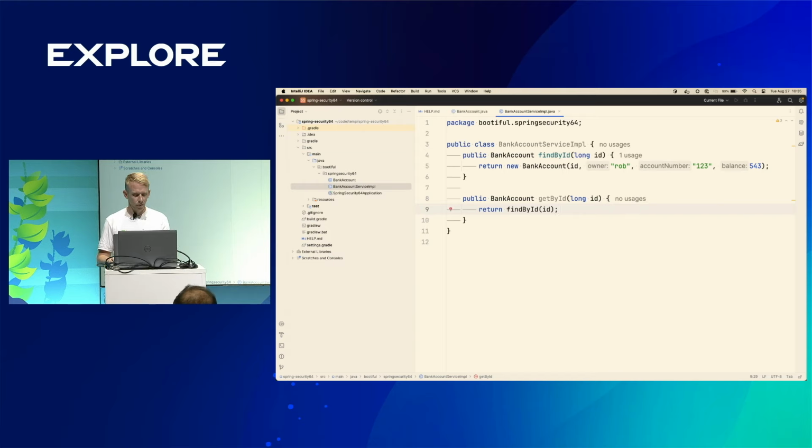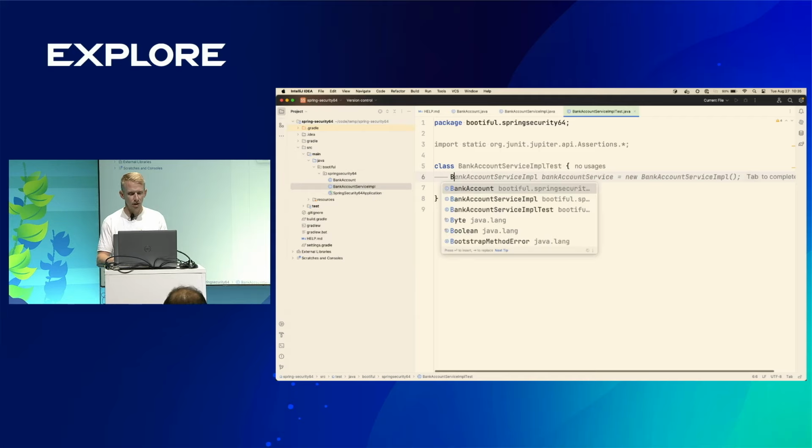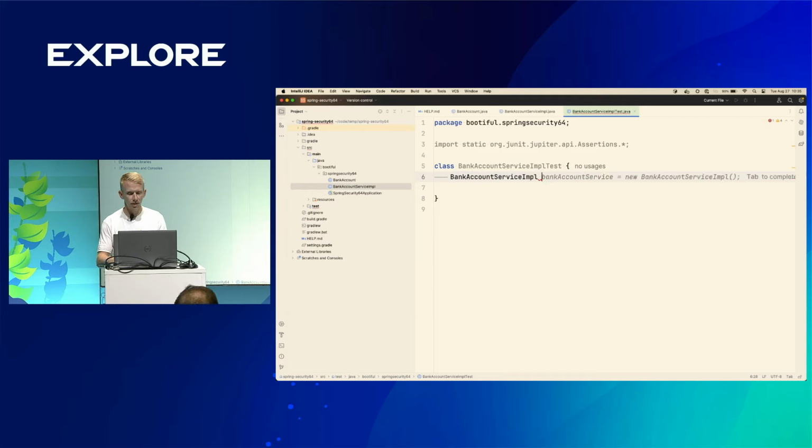And so we're going to start off by adding some tests, because like any good developer, we like to have tests, and we can see how we can test these things as well, and we're going to do it first. So we'll start off by creating a bank account service, and